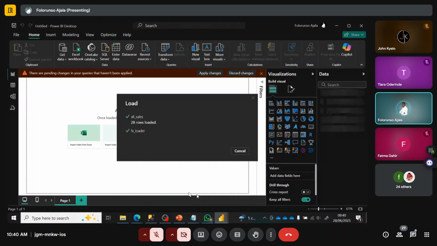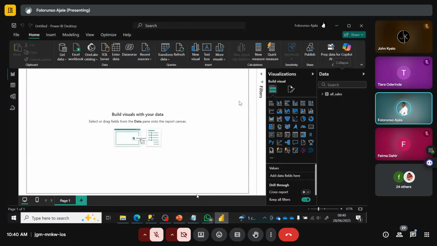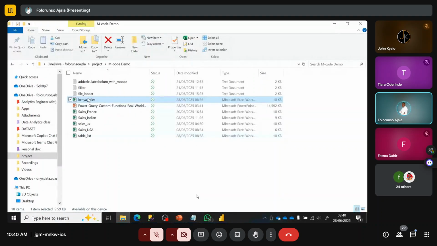Okay, now you can see that we have all our sales data here without having any problem. Now, the beauty of using the M code is this: we are still going to customize the function that we wrote earlier on. Now, if someone tampers with any of the files in this folder,